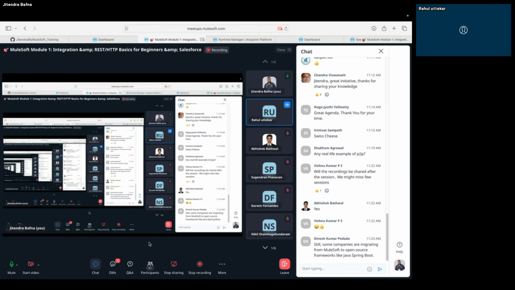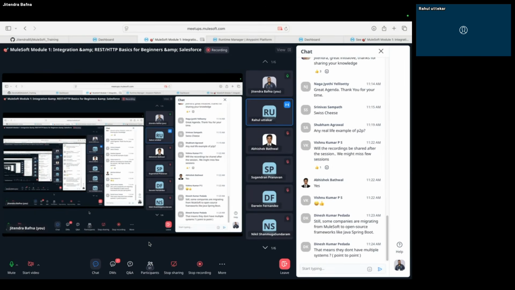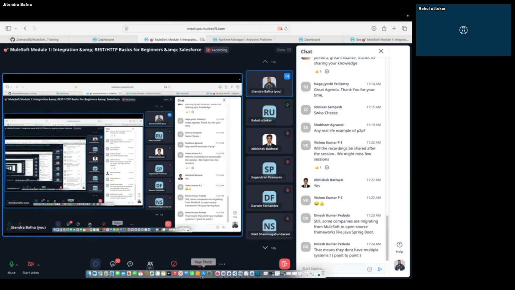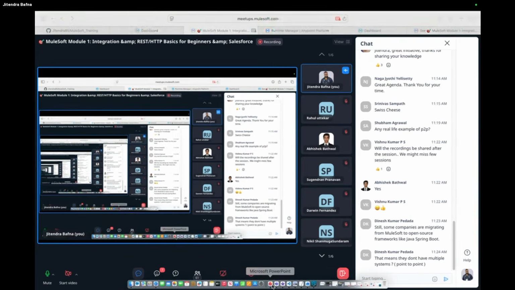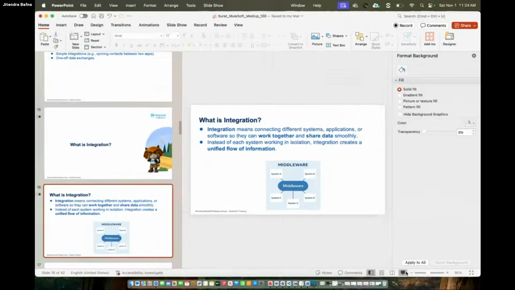Earlier, we needed to fill up a form to open an account in a bank or insurance company or anywhere, and in reservations also. Now this is done very easily because of integration, and we don't need any manual intervention. That is the integration thing. Right, correct. Okay, thanks, Rahul, for your inputs.